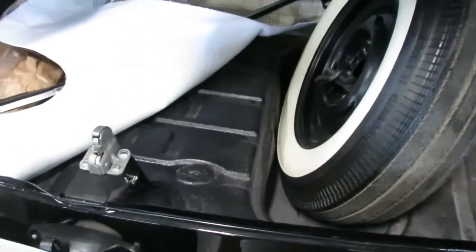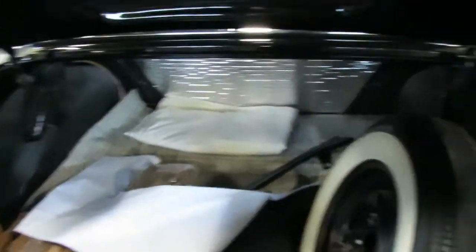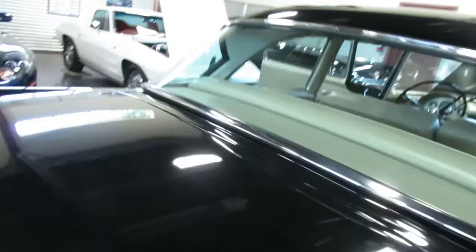Full restoration, rust free. It's been garage kept ever since. So you've got no concerns whatsoever on that. Okay, I'm running a little long here. Oops, I left the keys over there. That actuator didn't pop all the way free. Oh, what the heck. We'll walk over. I want to show you there's no damage to that